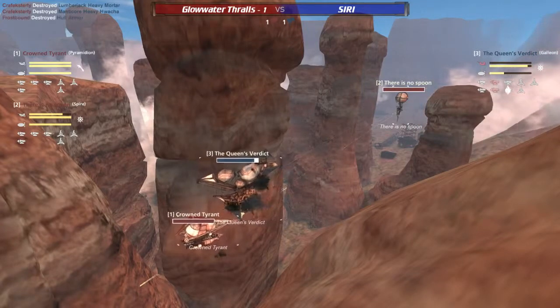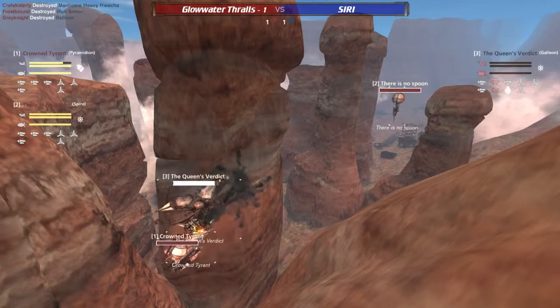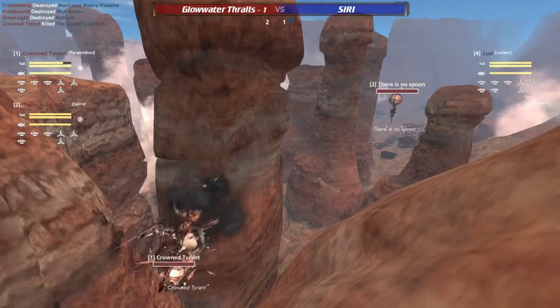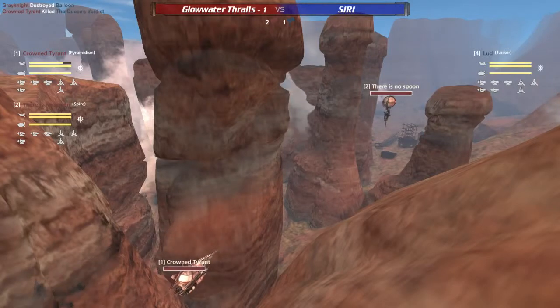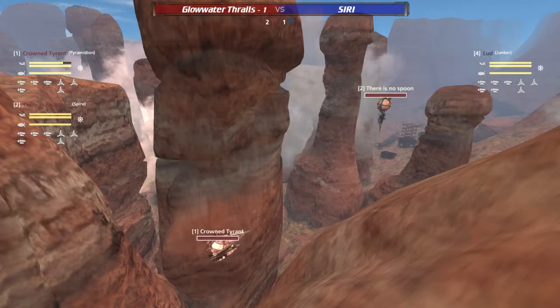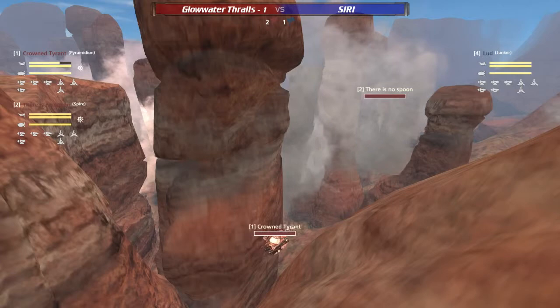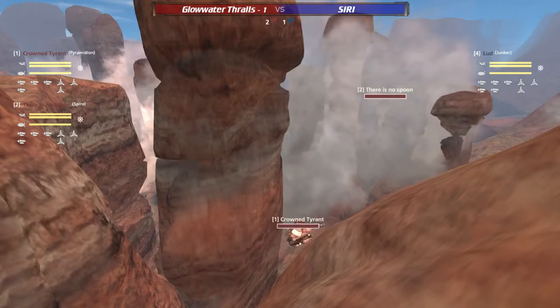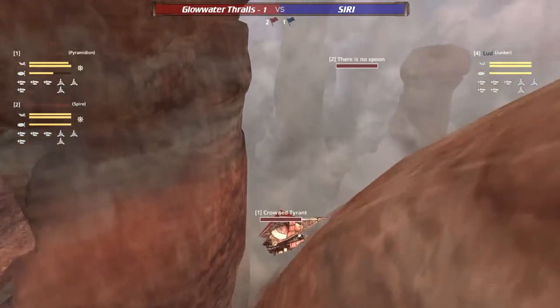Just got caught coming on in by the Crown Tyrant, rammed into the side of the wall, and There Is No Spoon follows that up, and the Galleon gets caught, basically not being able to fire at all. It was going to be very hard for it to turn and fire into that small of a space, and that is exactly what the Glowwater Thralls needed, and they managed to catch it just at the right time before the two ships were able to come out here and set themselves up. Yeah, the Spire,